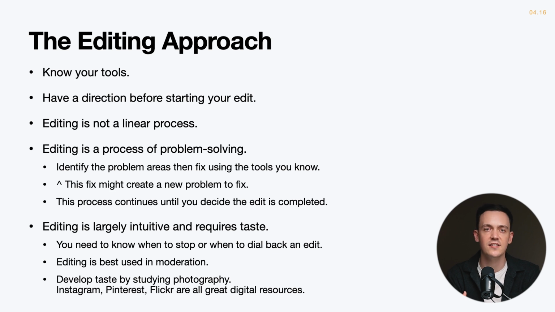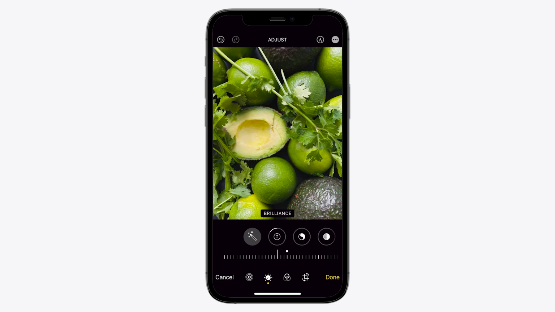This editing process is largely intuitive and requires a certain amount of taste. You need to know when to stop editing, when your editing has become too much. When you're editing in Photos, a good practice is to tap on your image every now and then to reset your image back to what it looked like before you started your editing. This will recalibrate your eyes so that when you look back at your image in its current form after your edits, you can see if you've gone a little bit too far